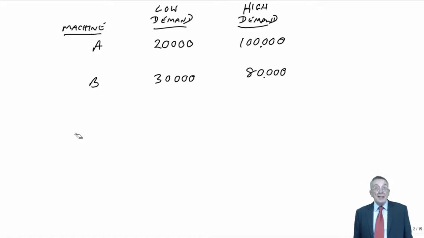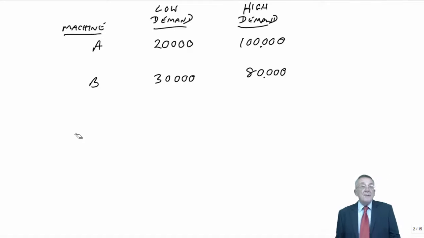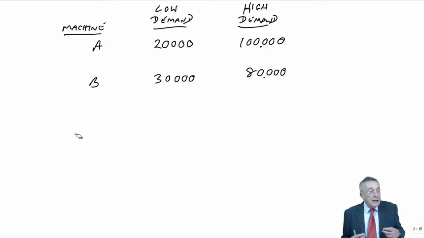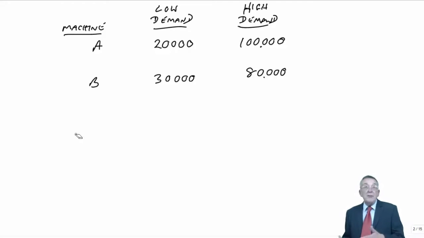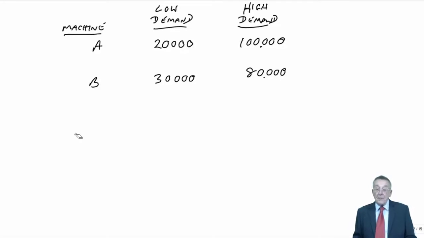And in the exam, you won't be asked which is the best way. They wouldn't say which is the best of those two machines. They expect you to be aware of various different criteria you could use and say, if we made the decision this way, which would you choose? If we made it that way, which would you choose? And so on. Before we go into a full example,